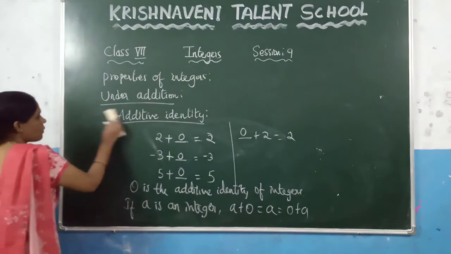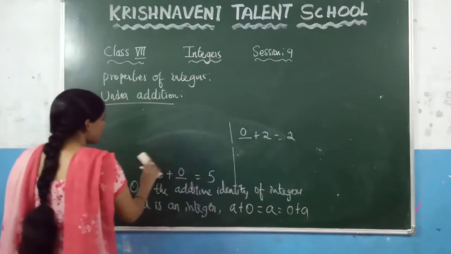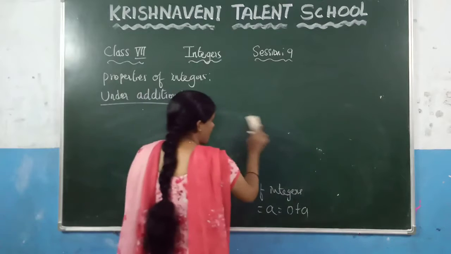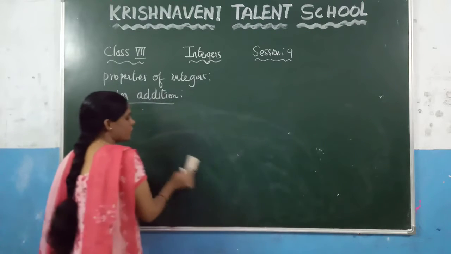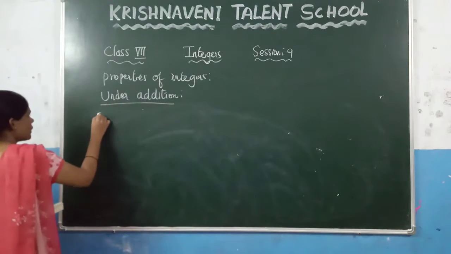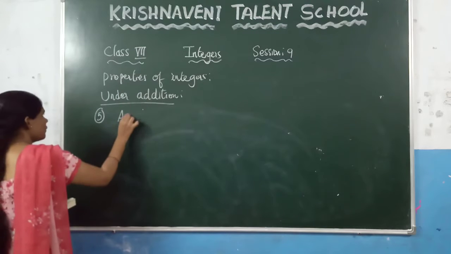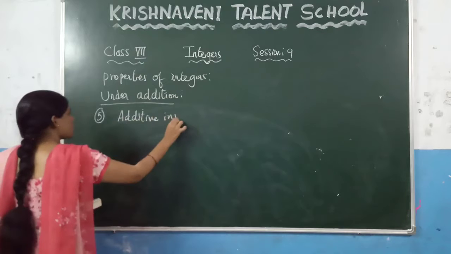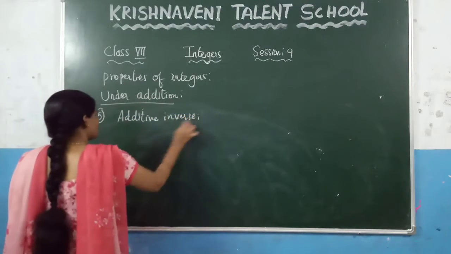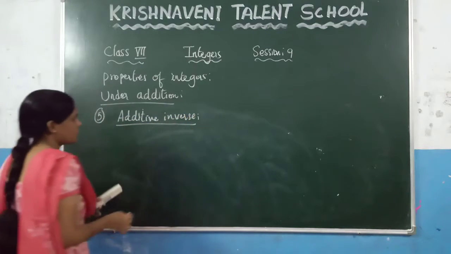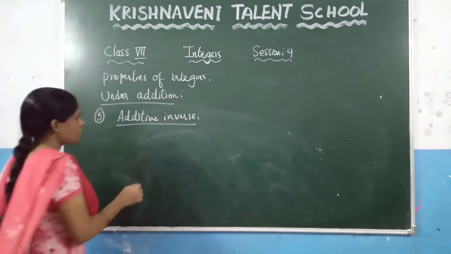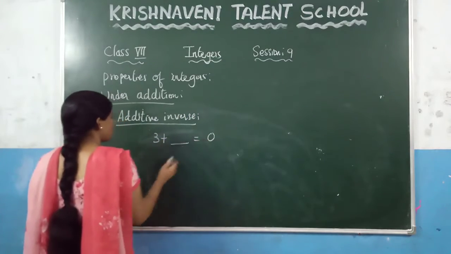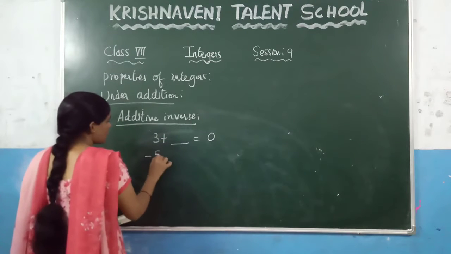Now see the next property, which is the last property under addition, which is additive inverse. What does it state? Let us consider a few examples. 3 plus -5